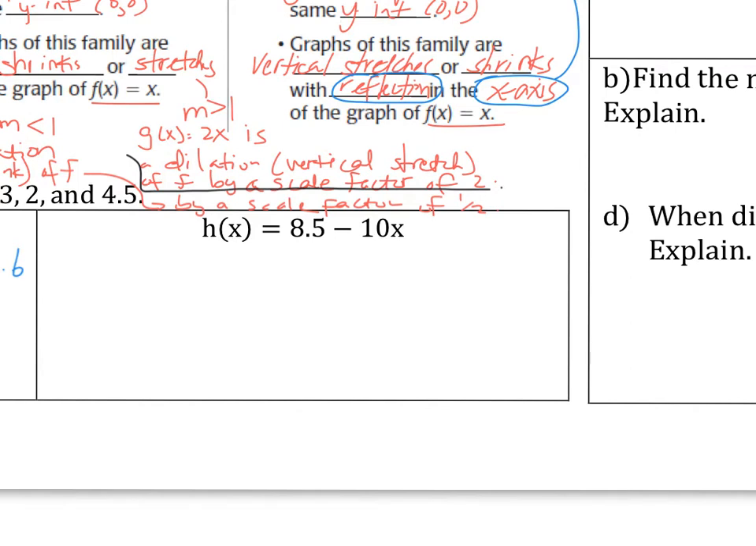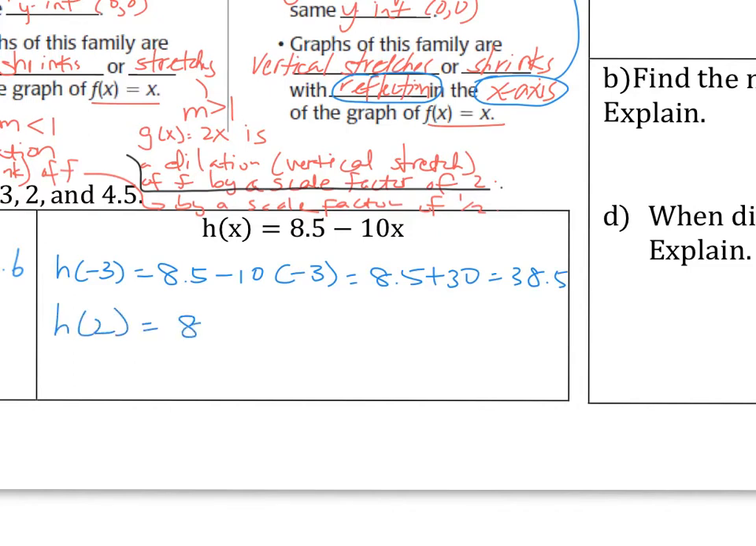And now we have h of x equals 8.5 minus 10x, and we substitute -3, it will be 8.5 minus 10 times -3. This would be 8.5 plus 30, and this would be 38.5. And h of 2 will be 8.5 minus 10 times 2. This would be 8.5 minus 20, and that would give me